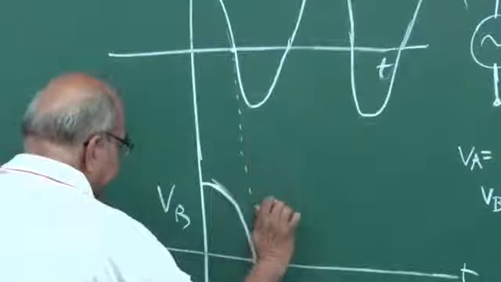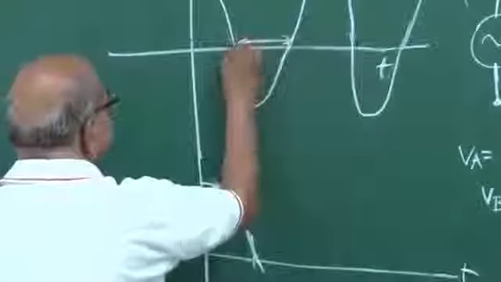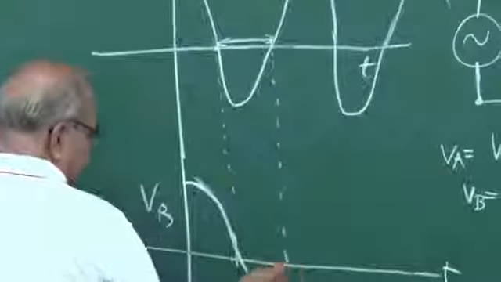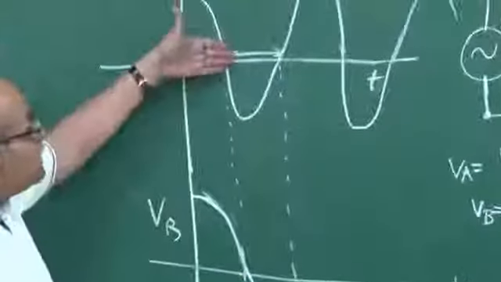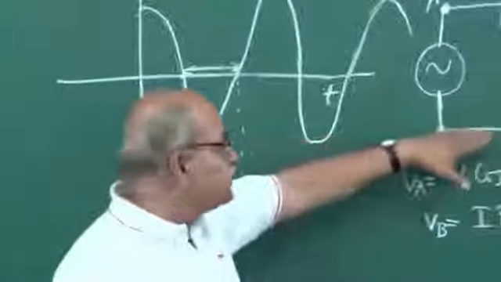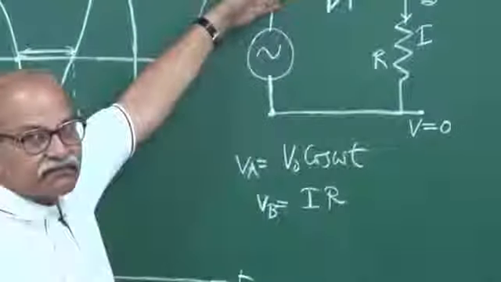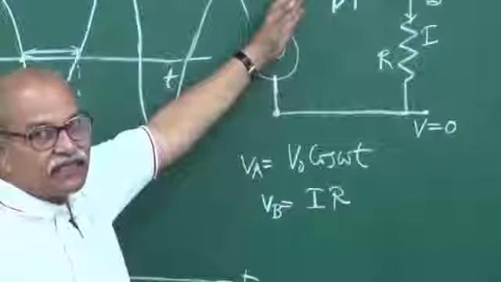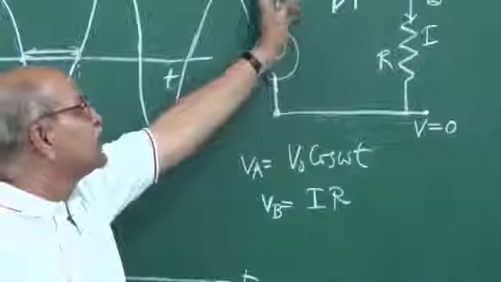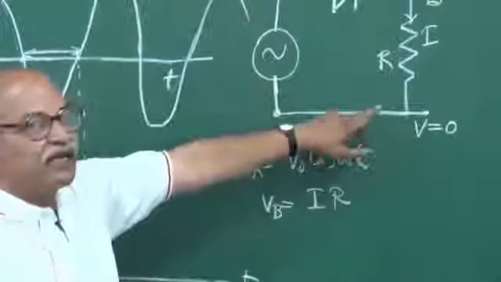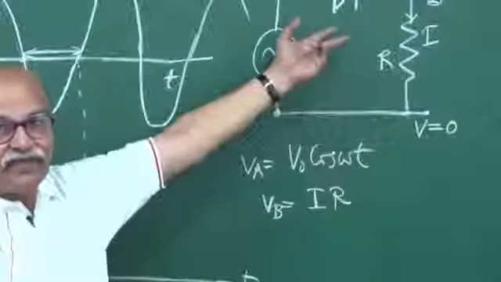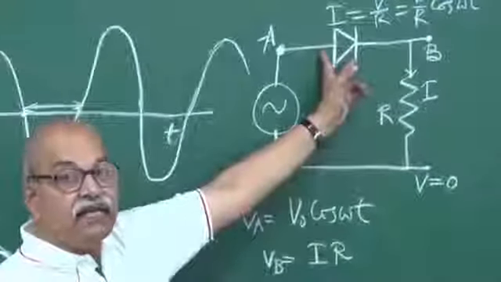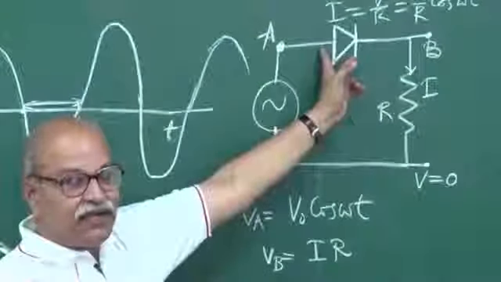After that, during this period, what happens? During this time, VA is negative. So this is at 0, but this is at negative. That means this is the higher potential side and this is the lower potential side. So P is connected to the lower potential side, N is connected to the higher potential side, and this is reverse bias. And if it offers very large resistance, if I call that resistance infinity,